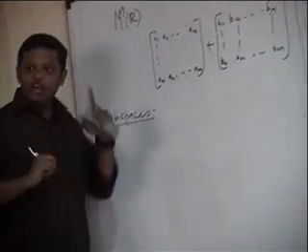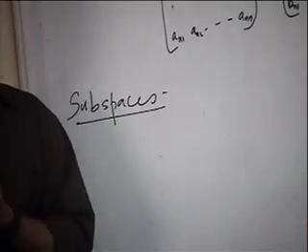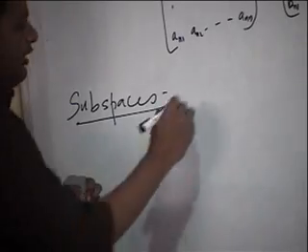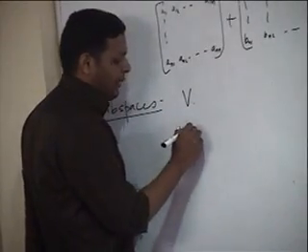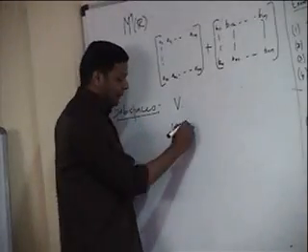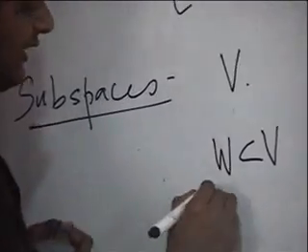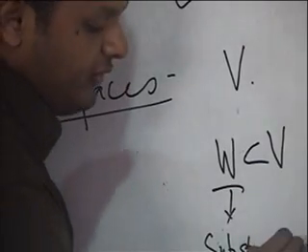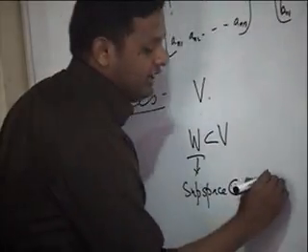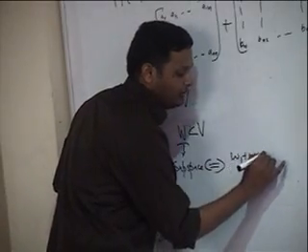Okay, so we have vector space. Now we have vector subspaces. What is a subspace? If we have a vector space V, and a subset W in V, we say that this is a subspace if and only if W1 plus W2 belongs to W